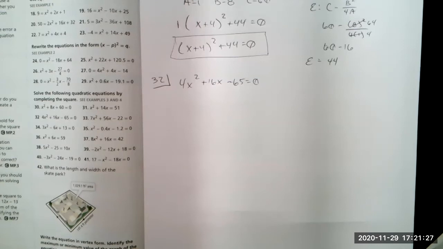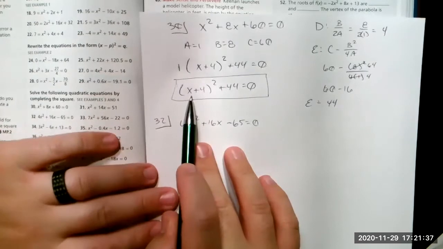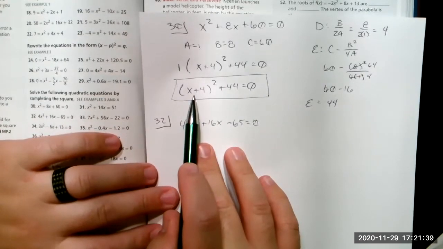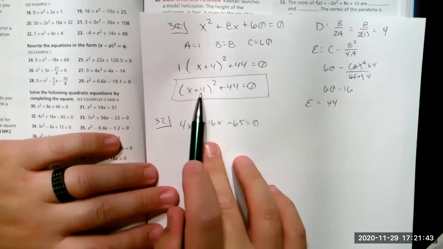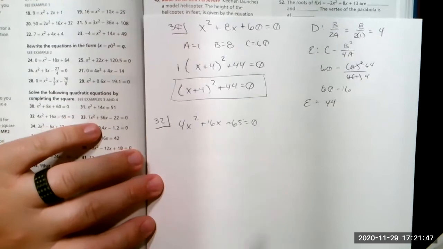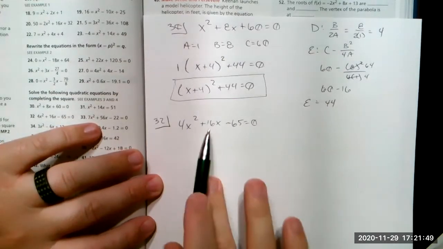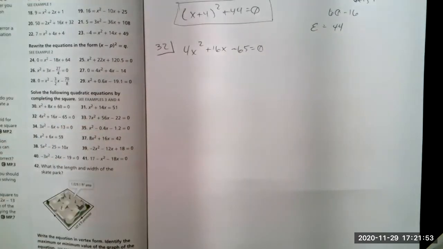All right, so with 32, I just looked over at the instructions and it says they actually want us to solve these problems. So with 30, we would have done the exact same steps, but at this step, instead of just putting it in vertex form, you would solve. We're not going to do this one though, because this is an example where it has an imaginary number and I don't really want you guys getting into that. So we will solve 32. So for number 32,